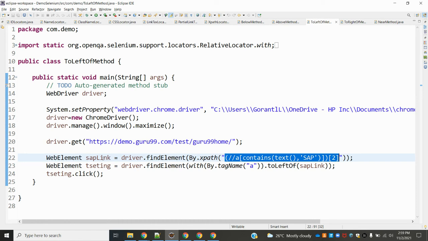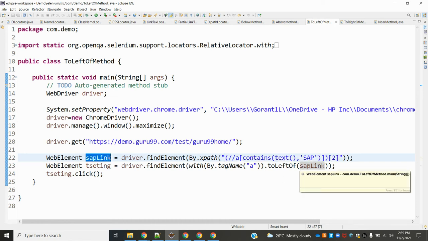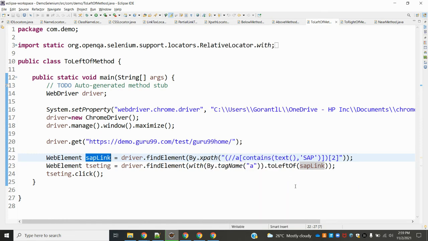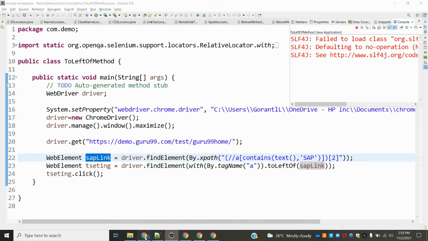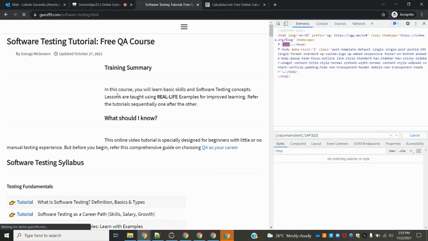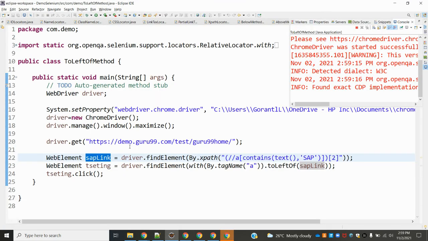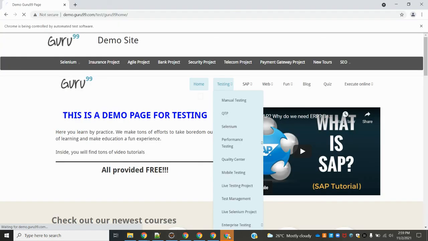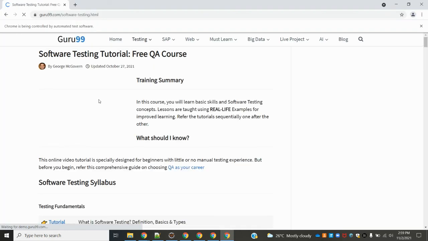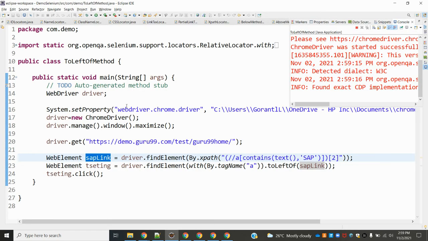That link web element value I passed here. It's a link, right? That's why I gave click. If it is clicking, it will give that content as text. It will load the text, testing related information. See, testing related information is opened.